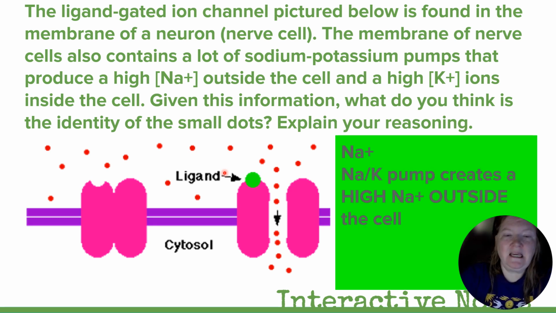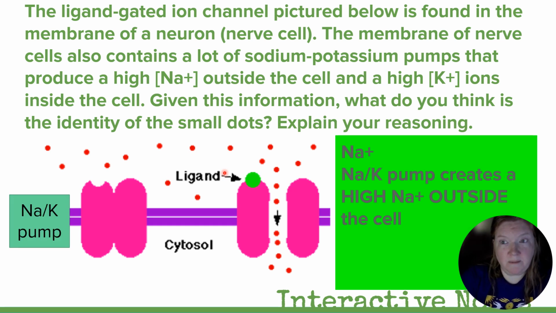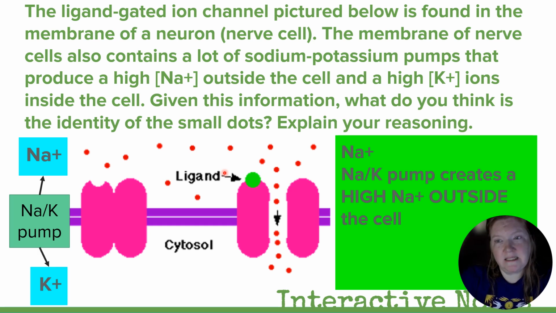The Na-K sodium potassium pump creates a high concentration of Na+ outside the cell. So here's the sodium potassium pump, and it pumps the Nas out of the cell and Ks in the cell. Okay, that's maintaining the high Na outside, so then it can diffuse through a